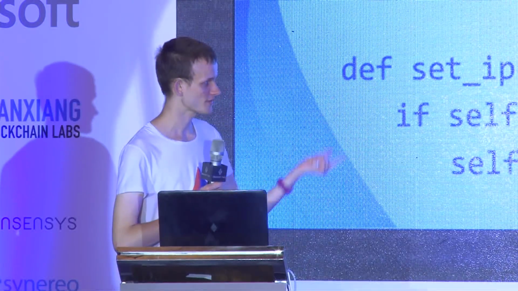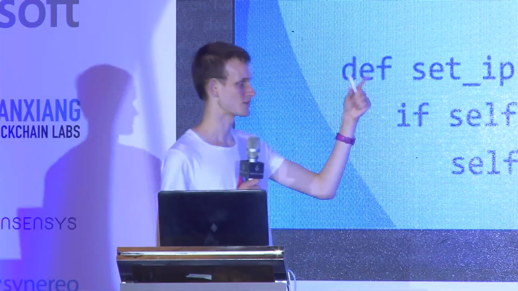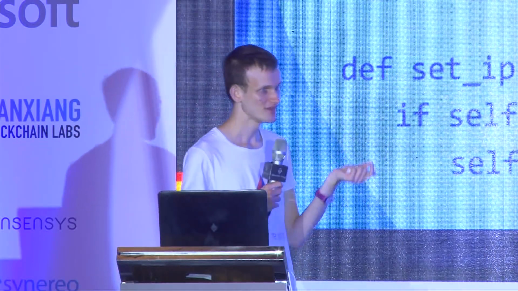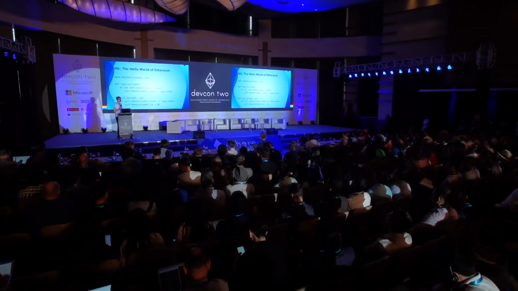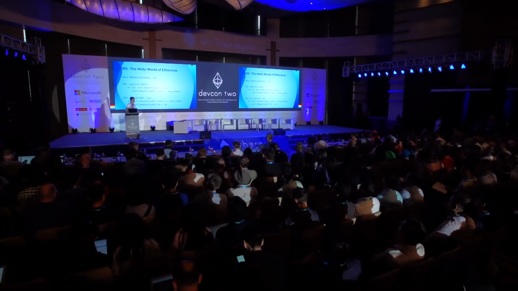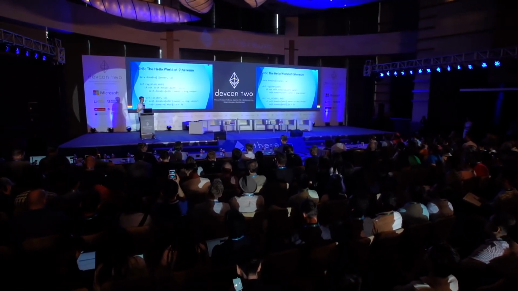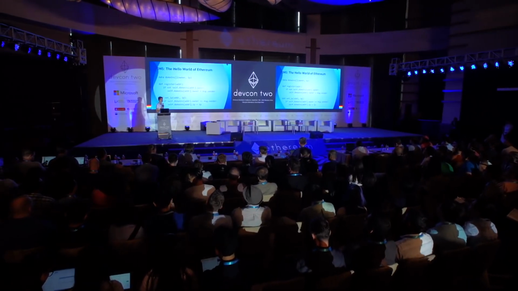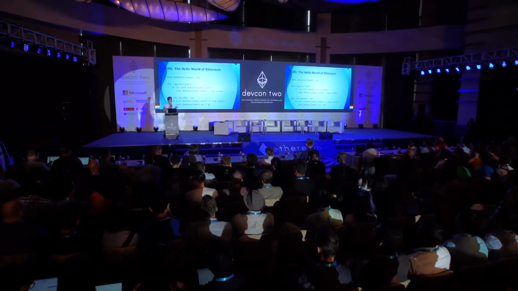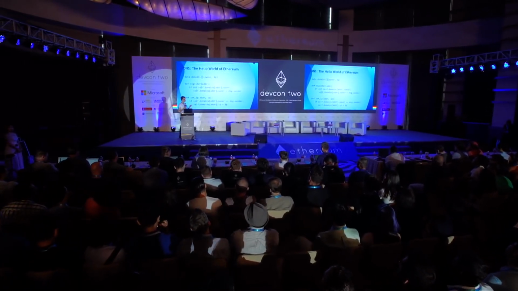So we have two functions. One of them is for registering a domain, and the logic is pretty obvious. If the domain has not yet been registered, then you set the owner to yourself. And another function that says set the IP address. If you own a domain, then you can set the IP address. And this is basically the minimal thing that you need in order to have a maximally simple domain name system. Now, as I understand, Nick Johnson is going to be presenting about a much more complete and better one at some point over the next 3 days, but this is the kernel. This is what you start with.